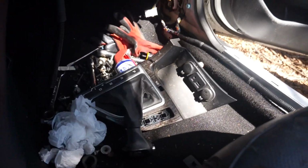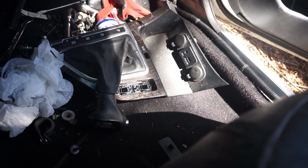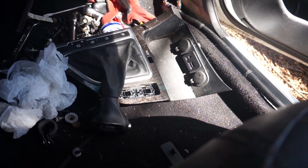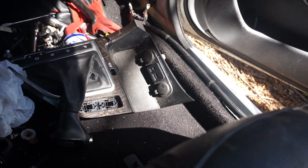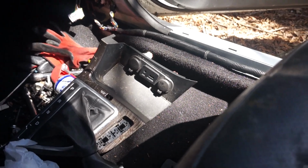But yeah, I do gotta go to LKQ. Hopefully, if I can get that for $45 or less for everything on there. 45, 50. Because if you go to the junkyard,